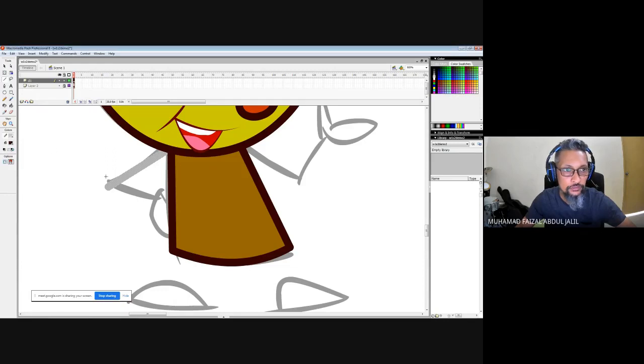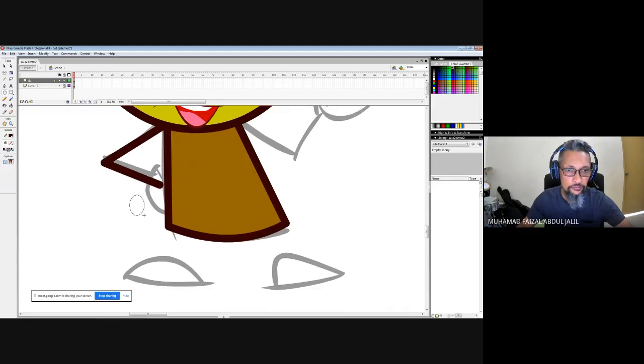Make sure you do some selections like this, right? Use the colors here, then group them up, right? This part also the same. Yeah. Group them up. This part is basically the hand itself, right? Either you can also close this one first, the paint bucket, right? The fill colors, the hands.